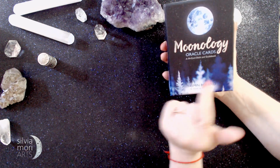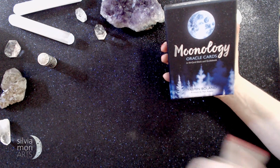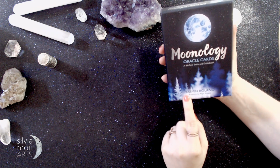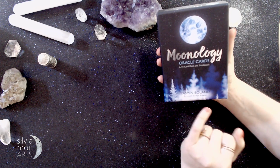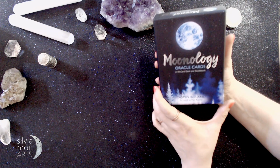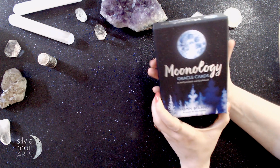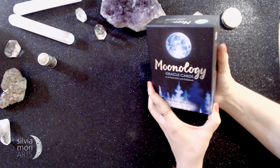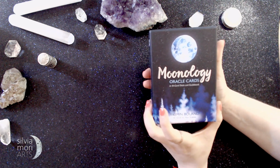It's a 44 card deck and guidebook by Jasmine Boland, artwork by Nick Rowan. Congratulations to them, because coming out with a deck is always a great achievement. It's not that easy to do,